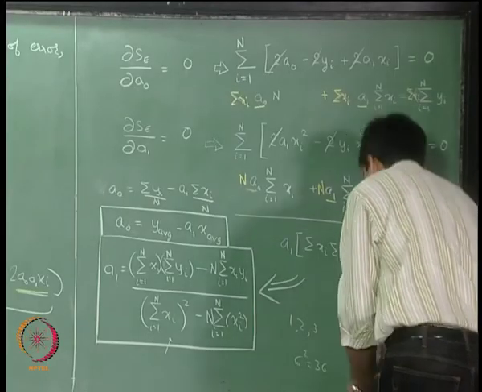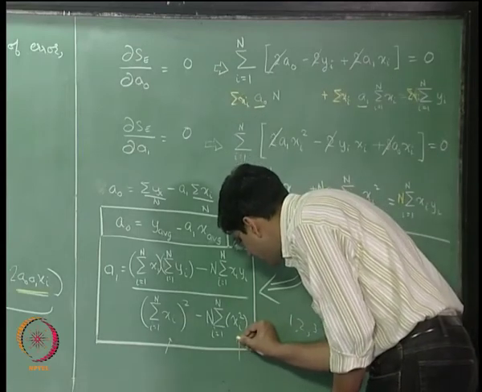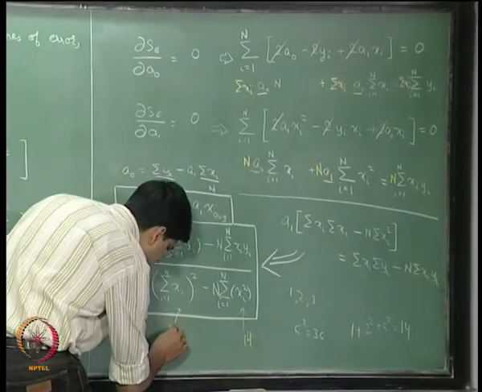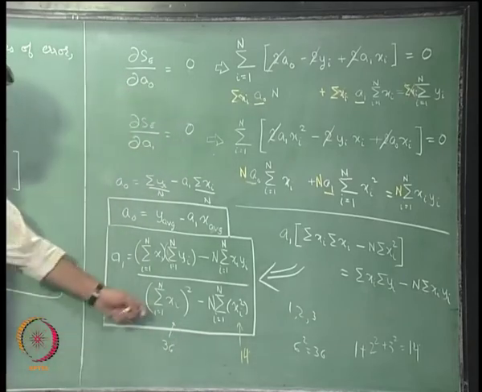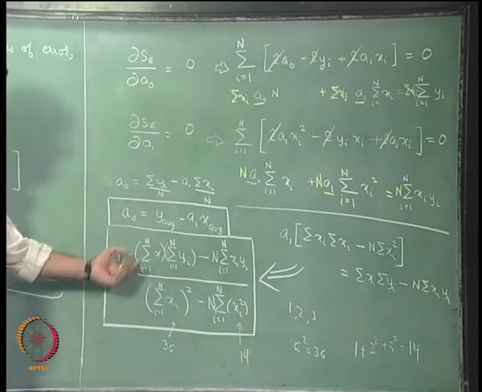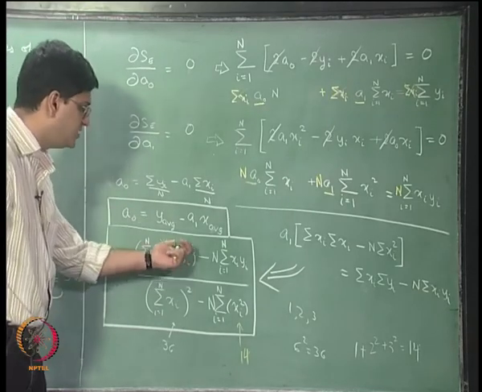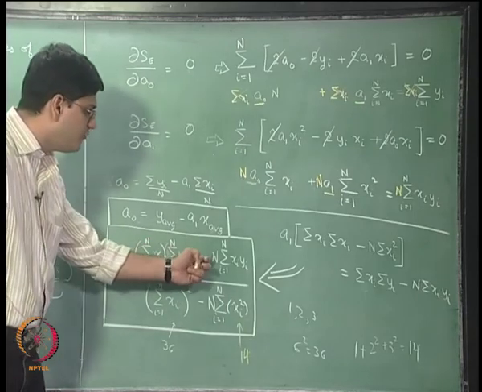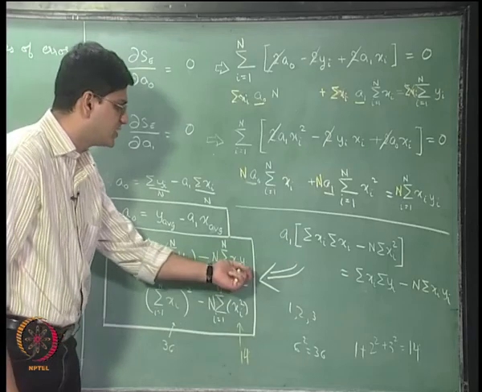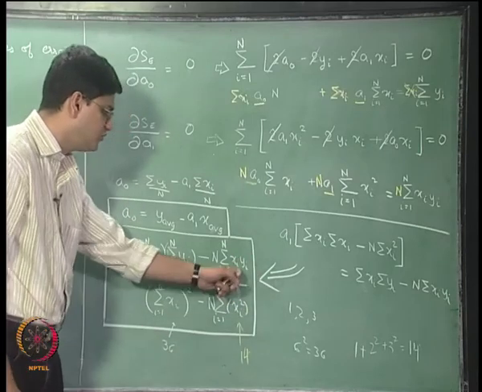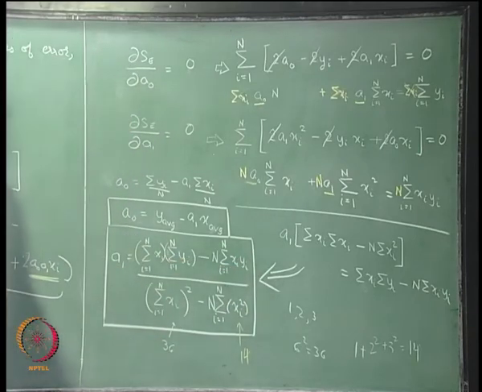Okay. So, this particular term is going to be 14, whereas this particular term is going to be 36. Okay, so that is the difference between summation xi the whole squared and summation of xi squared. Same difference over here also, we find the summation of xi, we find independently the summation of yi and multiply the two minus the summation of the product xi yi. So x1 y1 plus x2 y2 plus x3 y3 so on and so forth is what this term essentially indicates. Okay. So that is what we have for today for linear regression.